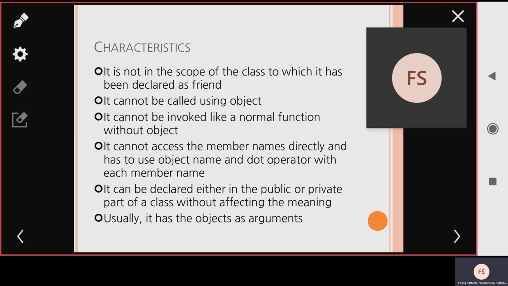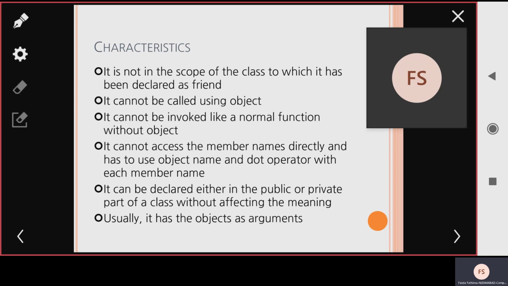It cannot access the member names directly. Generally, member functions can directly access the member names. But in a friend function, you have to use the object name, then the dot operator, then the member name. If you pass an object to your friend function, you write that object, dot, then whatever private member you are using.